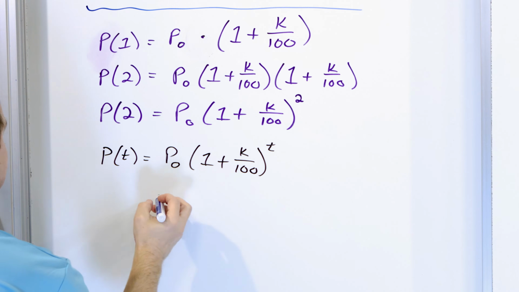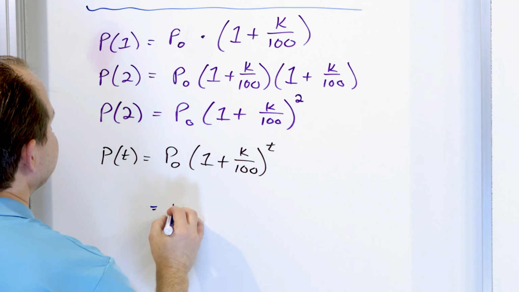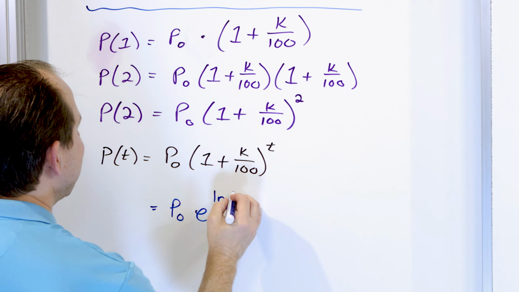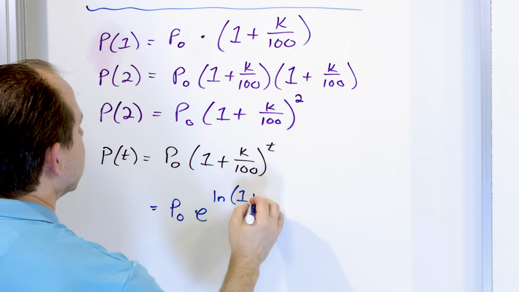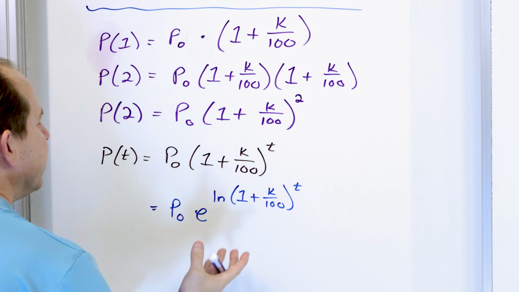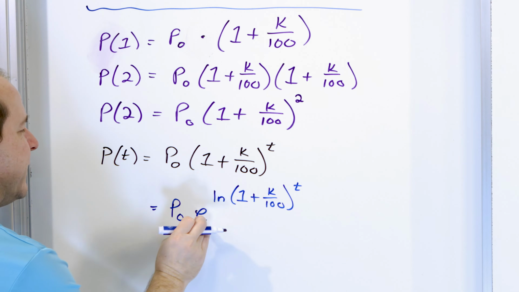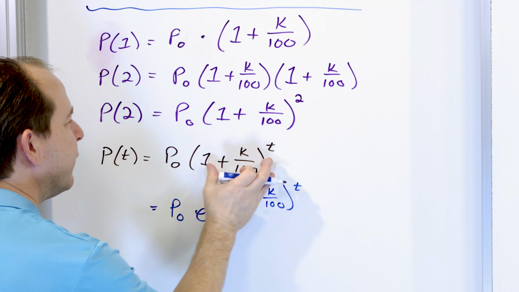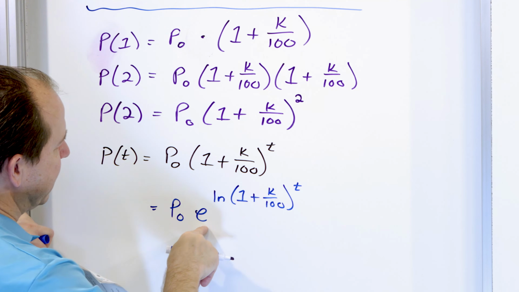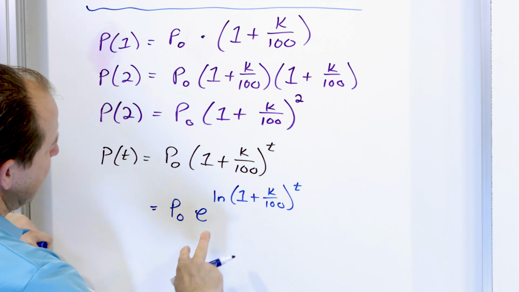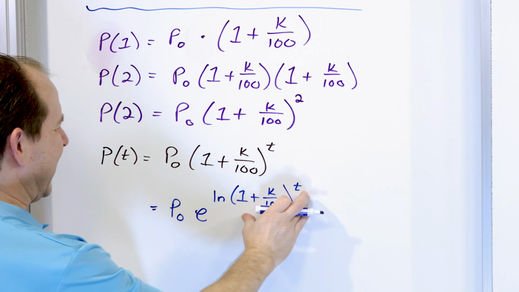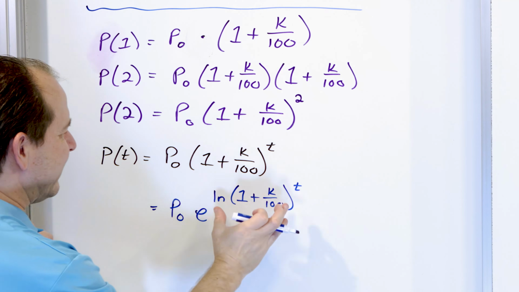What you can do is you could say, well, I have some initial population. I can write it as e to the power of natural log 1 plus k over 100 to the power of t. So all I've done is I've said e to the power of natural log of what I have here. How can I do that? Well, because the natural log and the e exponential function are inverses. So they annihilate each other. So these cancel, giving me back what I have started with,